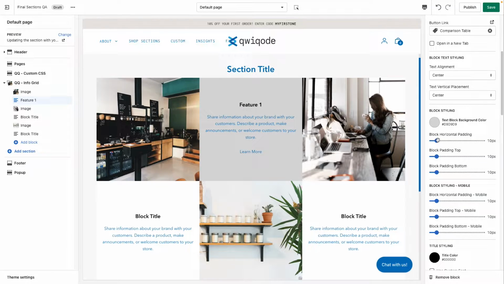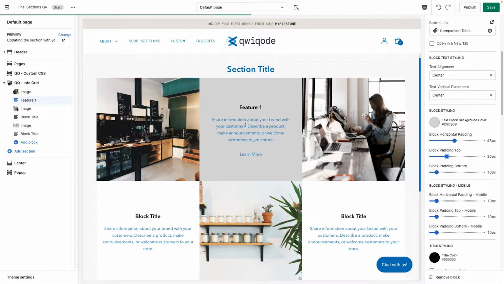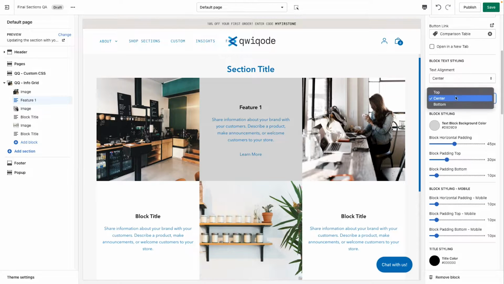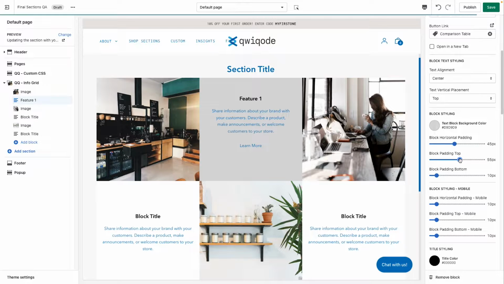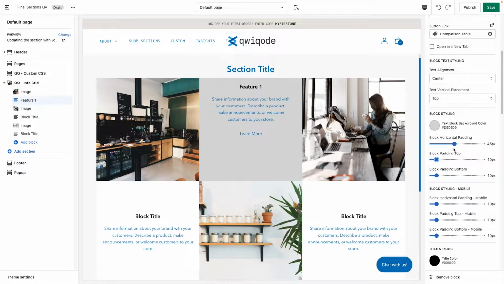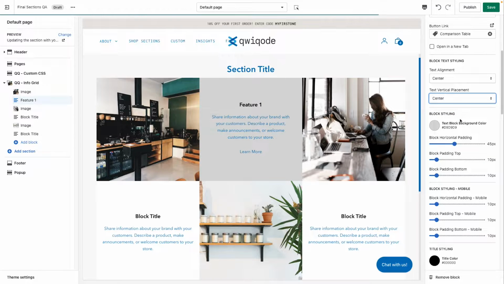We can add more padding. Padding is the distance within the block itself. So you can add in more to make it less wide like that. And same thing for the top and bottom, though in this case, it's not really important. If we do vertical top, then you can see much more of the difference. But usually, depending on your design, you can choose